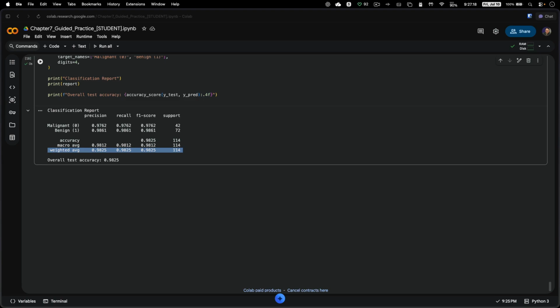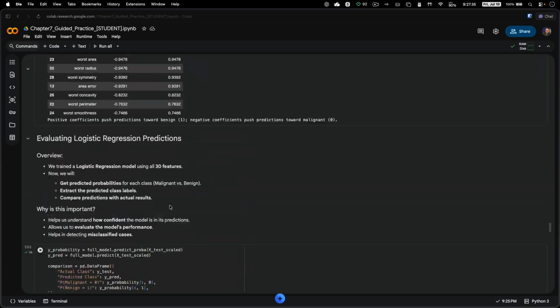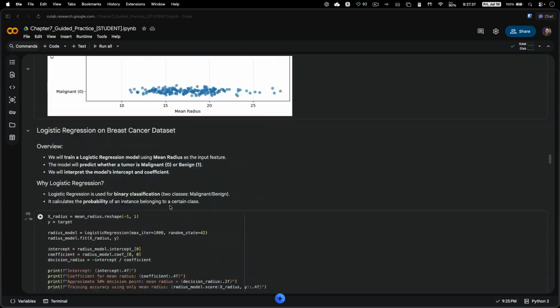The main lesson in this building is that a model is only one part of machine learning. We must also understand the data, prevent data leakage, test on unseen examples, and examine the kinds of mistakes the model makes. So remember, as always, print it out as a PDF